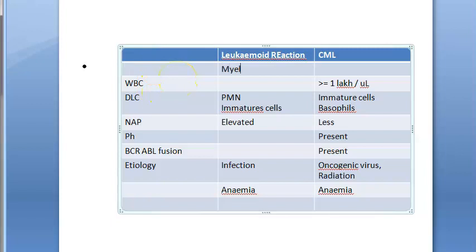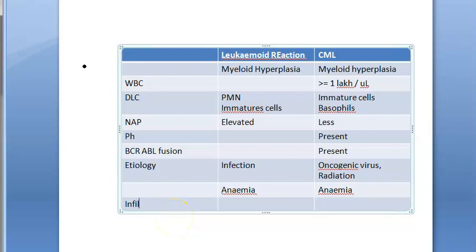So both are myeloid hyperplasia. Both are the same, myeloid hyperplasia only. But they are mostly putting effect on the neutrophil side. Okay. What you have to do is